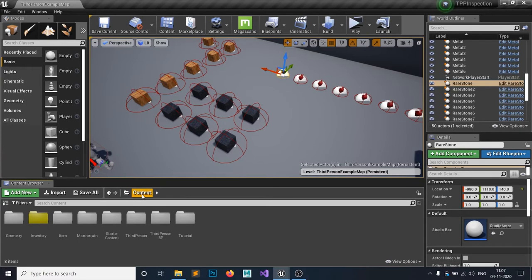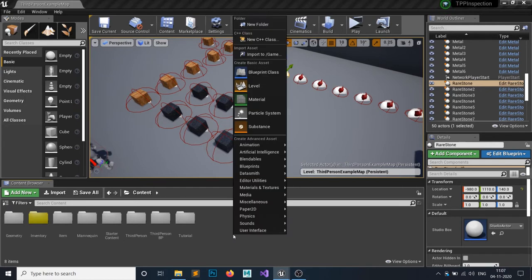And what we need now is a crafting component. So why are we using a component? Because it is a portable thing, so you can attach the component to whatever you like. Let's say you are doing a multiplayer game and you want to attach it to whatever character or actor you like, you can attach it. If you want to migrate it, you can also migrate that component and you don't have to code it all again for a different project. This is why we are using a component.